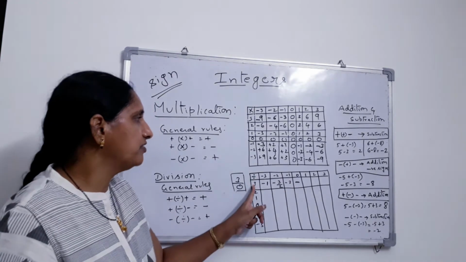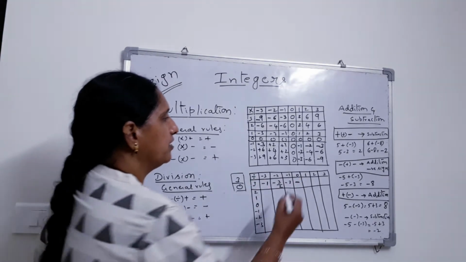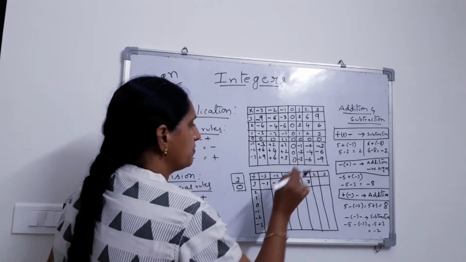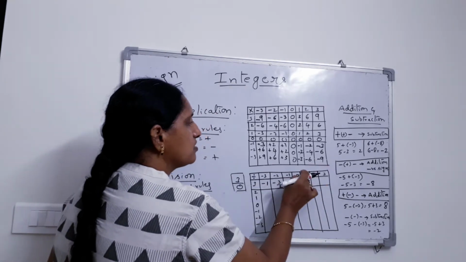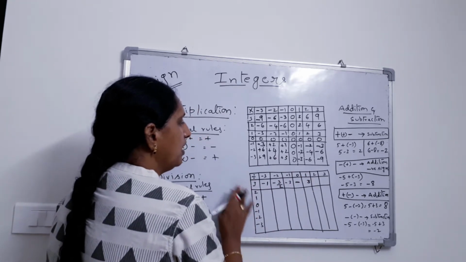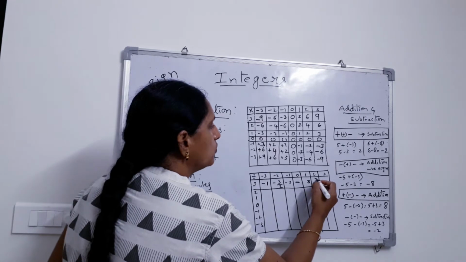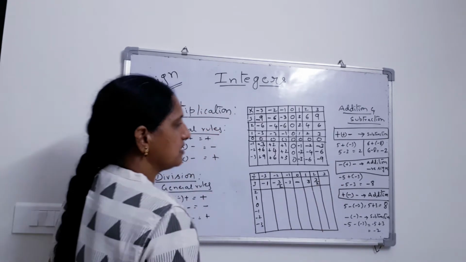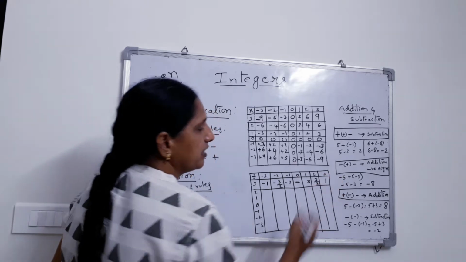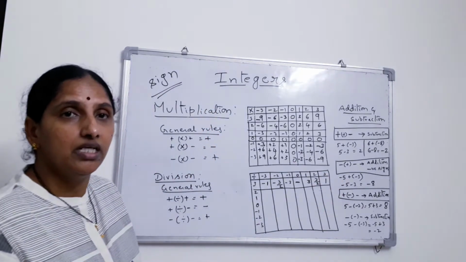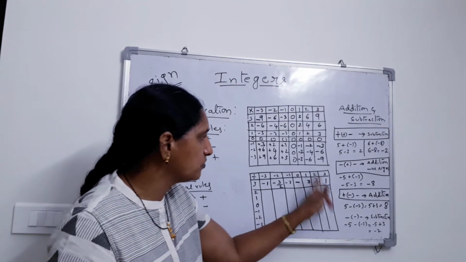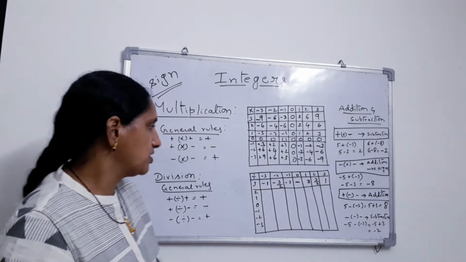Okay. So now we will see 3 divided by 1 is 3. Something divided by 1 is always the same number. Here is positive, this is also positive, so therefore we got that to be positive. And the next, 3 divided by 2, 3 divided by 2 as it is. Plus and plus you will get plus. 3 divided by 3 is 1. 3 and 3 will get cancelled and the result is 1. Here both are positive, so therefore you got it to be positive.